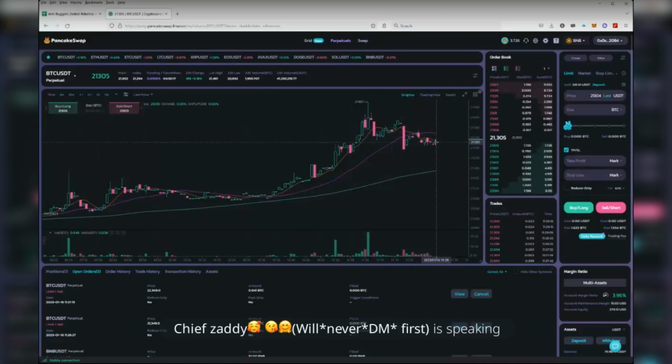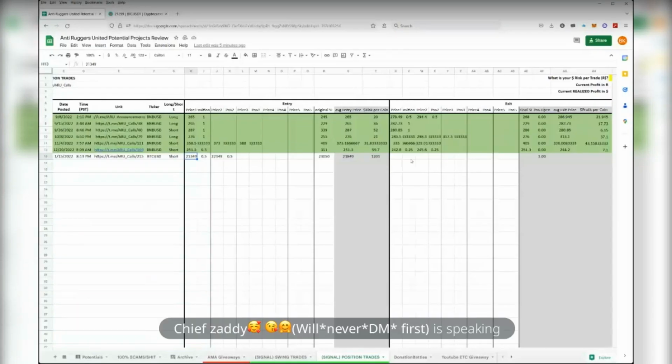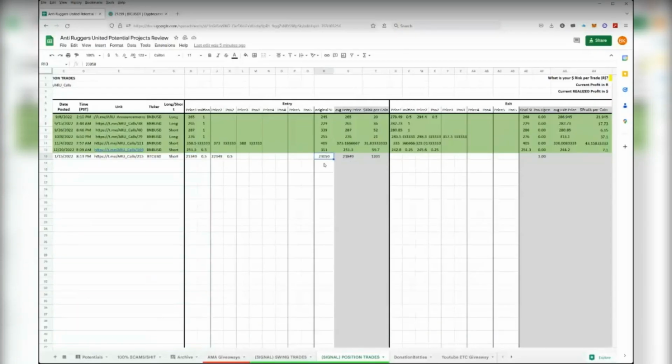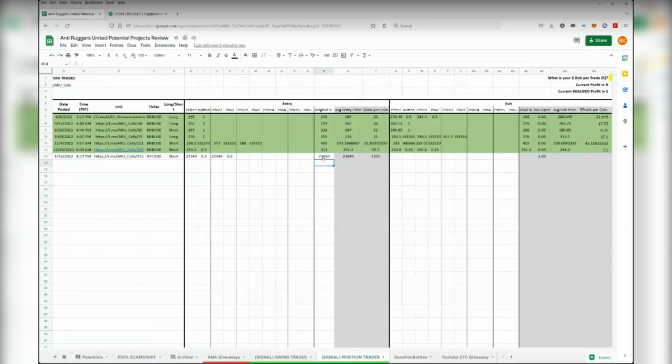Okay, I want to ask a question here. If it hits your first position, that is the 21,349, and it still maybe touches that, won't you be losing a little percentage if it goes against you a little bit? Of course. What is your point? Stop loss, guys, is at 23,050, so I don't care if it goes up. It's a black and white trade. It either hits stop loss or it doesn't. If it doesn't hit stop loss, it's going to become a winner no matter what. If it hits stop loss, it's going to become a loser. That's all you have to look at.